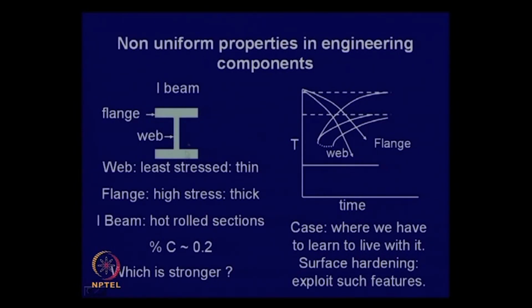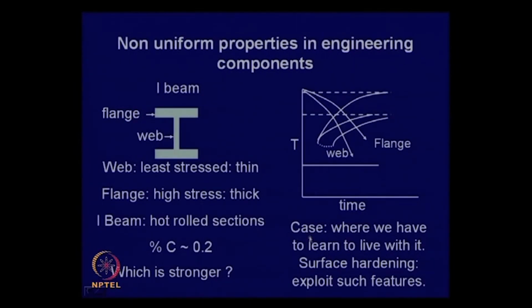Whenever you design an I beam, you always see that the web has the least stress, so you make it thin. The flange is the high stress region, so you make it thicker, so that the stress is much lower than the permissible level of stress for this